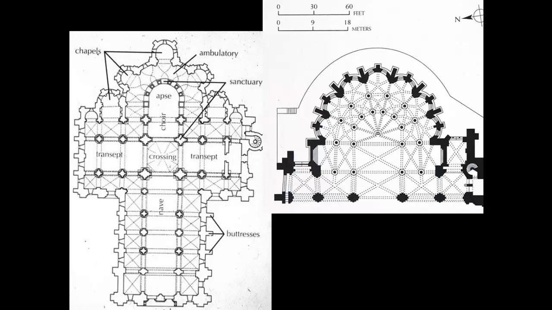Just to compare that a little more directly, here I'm showing you the floor plan of Sainte-Foy and Conques. You can see these radiating chapels are really distinctive spaces. You have a single ambulatory. Remember, this apse also communicated with the ambulatory only through the screen of columns, but still, it just doesn't have the same sort of systematic regularity and separation of the space at Saint Denis as what we saw with the